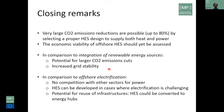Finally, some words in terms of a comparison with offshore electrification. The utilization of hybrid energy systems entails that there is no competition with other sectors for power. That could be an important factor, especially in the shorter term, where there is maybe not so much availability of clean electricity. Another advantage is that the hybrid energy system can be developed in cases where electrification is challenging, like remote locations or